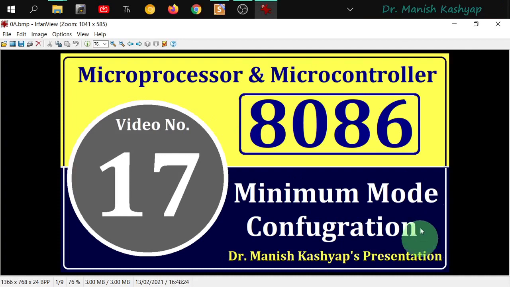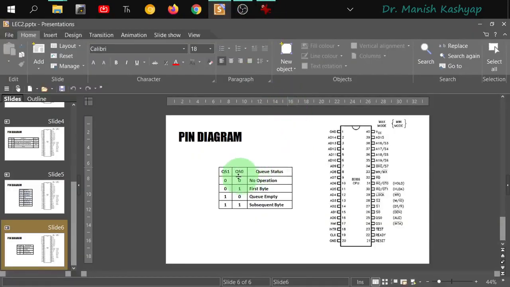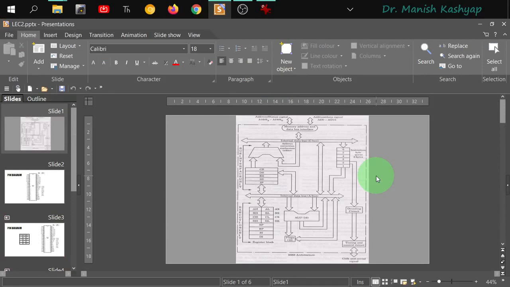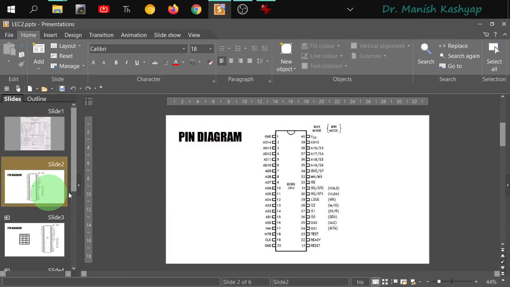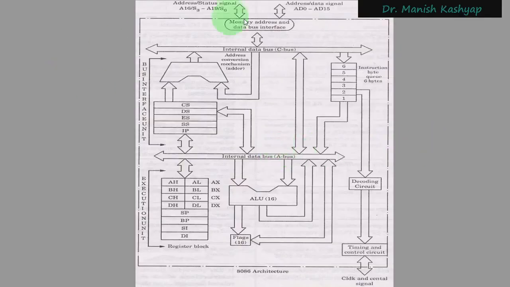Before beginning, let me tell you what we studied in the earlier classes regarding this microprocessor. We have already covered the architecture portion. Then we covered the pin diagram portion also. And this is a little important, so let me elaborate a little bit here. This was the architecture portion which we studied. The difference from the 8085 microprocessor was that we have a separate bus interface unit as well as an execution unit. And due to the instruction queue, these two units could operate independently, and that's what we mean by pipelining. So this was the point that we highlighted here.